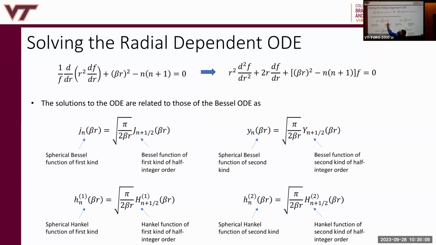Anyway, so once you have the solutions in cylindrical coordinates, you can obtain those in spherical coordinates by evaluating these Bessel functions at half integer orders and multiplying by these coefficients. And the same holds for the spherical Hankel function of the first kind, the spherical Hankel function of the second kind, which are outward waves. These are inward spherical waves, and the spherical Bessel function of the second kind. Yeah? Good, we solved everything.